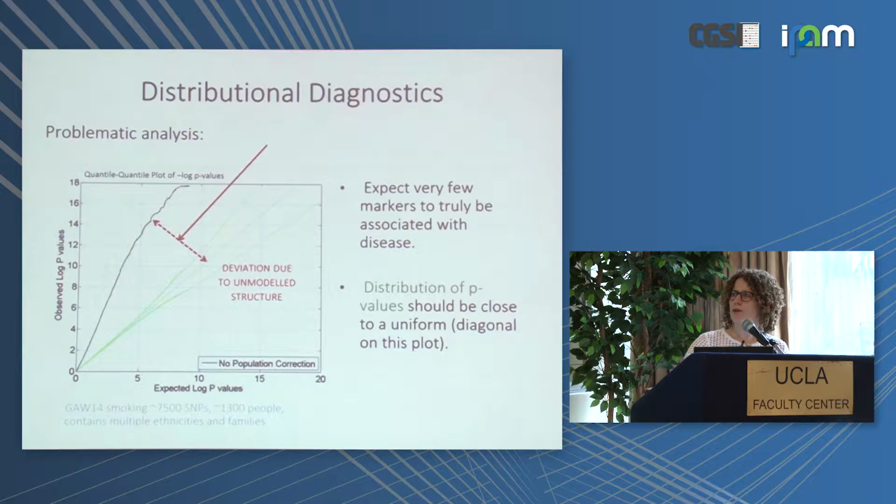And so in this case, you know that either you have a tremendous amount of signal in your data, or that the assumption you've made that it's not very polygenic is incorrect, or you've actually just screwed up the modeling. And it's pretty easy to rule out this level of significance of p-values. It's actually a pretty small cohort. And so in this case, it's so egregious that you can pretty much conclude that you've made some mistake in